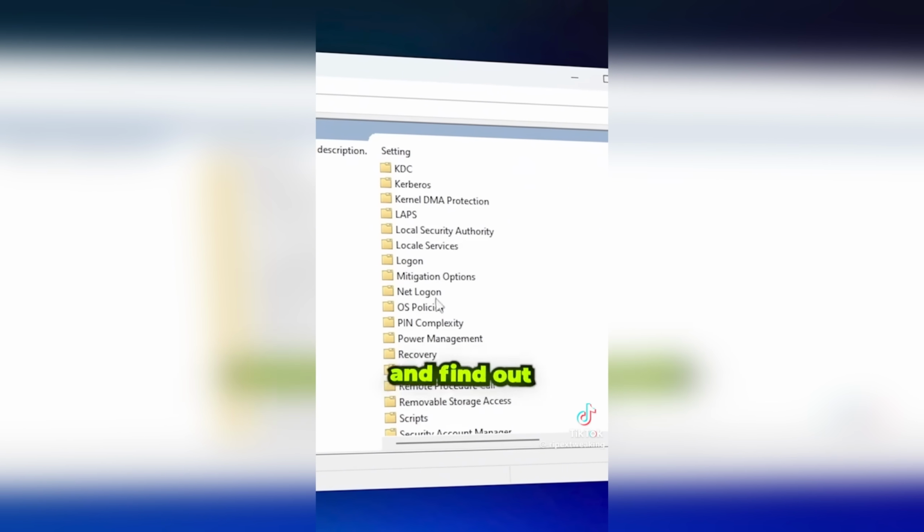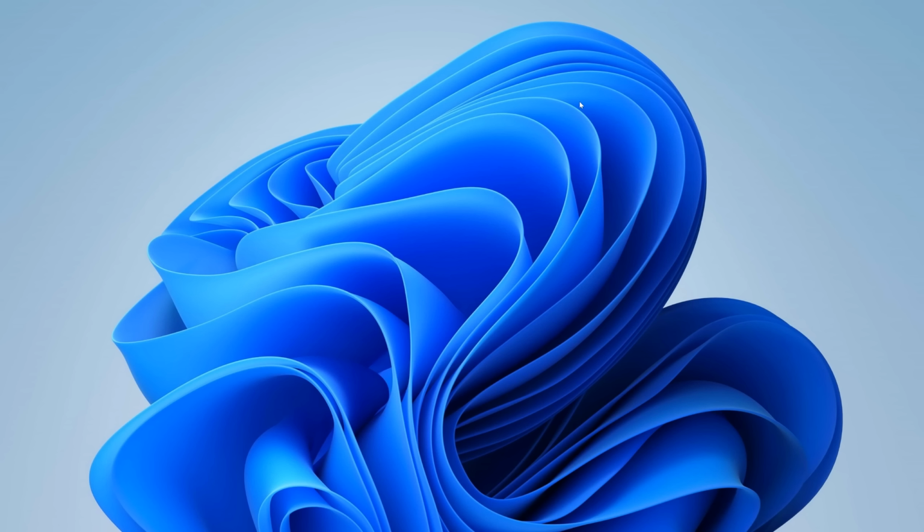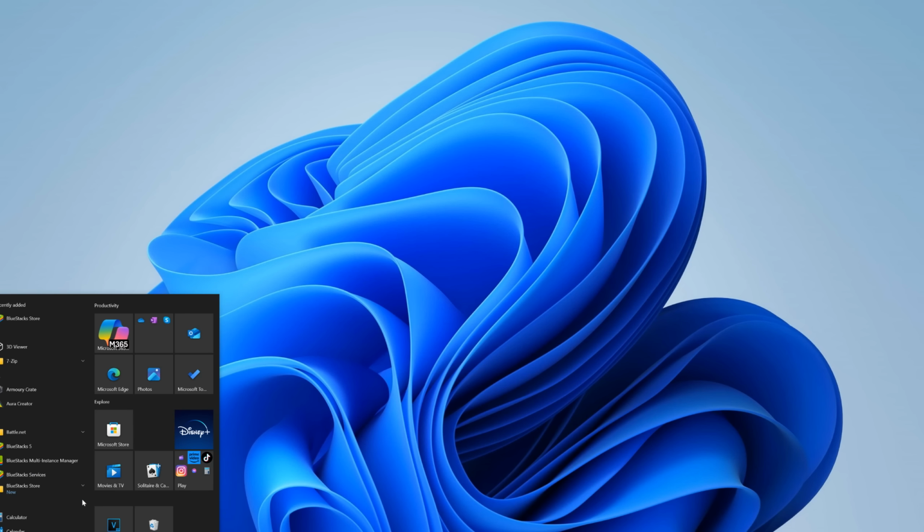Now scroll down and find the power management folder. Now go for power throttling settings and double tap on turn off power throttling. Okay, so the next optimization is basically just turning off the power throttling, which is limiting our performance from the CPU. So let's go ahead and press Windows and R, type in